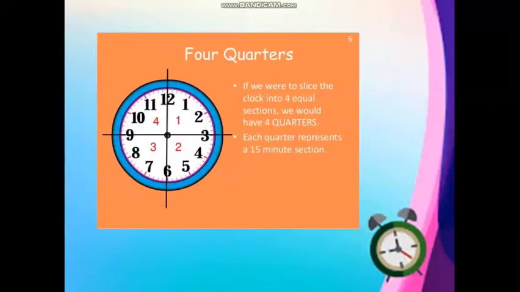Children, if you divide a clock into 4 equal parts, you will get 4 quarters. One quarter from 12 to 3, the other one from 3 to 6, from 6 to 9 the third one, and the fourth one from 9 to 12. So a clock can be divided into 4 equal quarters. Quarters mean 1/4, right? And each quarter here you will see has 15 minutes. From 12 to 3 is also 15 minutes, 3 to 6 also, 6 to 9, and from 9 to 12 all have 15 minutes. So a clock has 4 quarters each of 15 minutes.